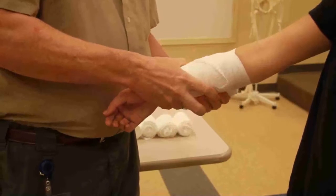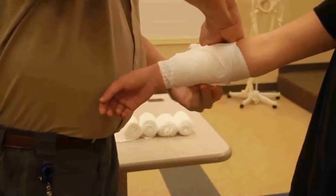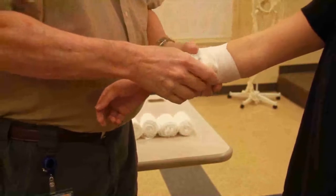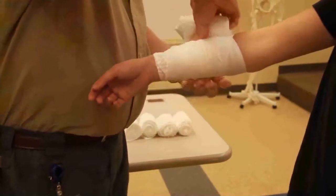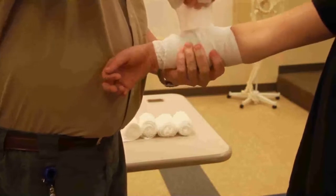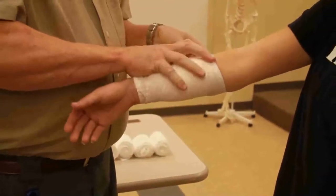I'm going to come around, being careful now not to drop my roller gauze, because if I do, then I've lost the ball game. And it's a lot easier to drop when you're rolling backwards. Now I'm rolling forwards again. I'm going to do this one more time here, and one more time here. Okay? Now I'm just going to finish it up,